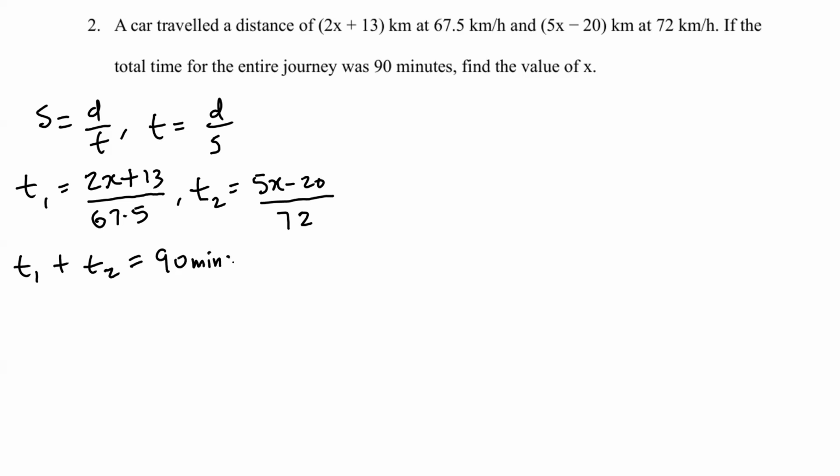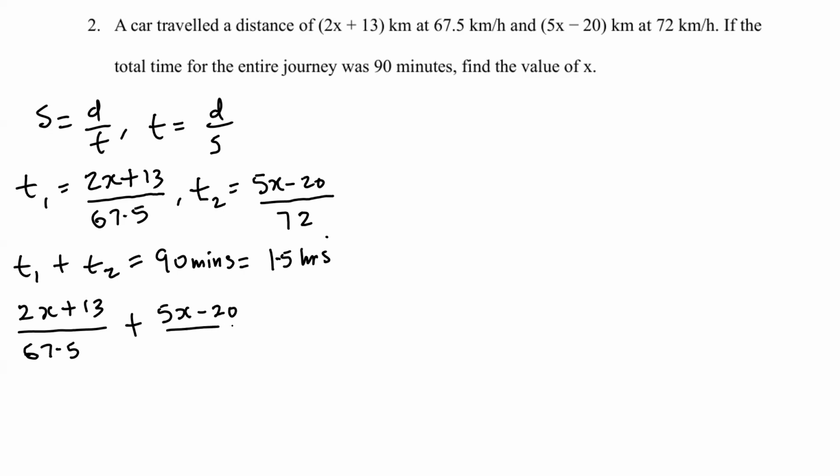And 90 minutes is 1.5 hours. So which means 2x plus 13 over 67.5 plus 5x minus 20 over 72